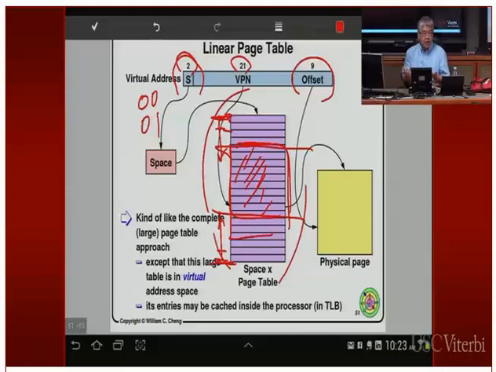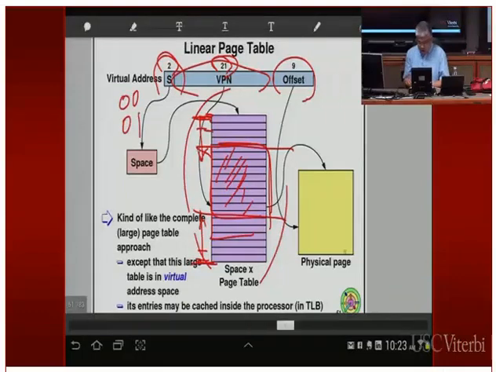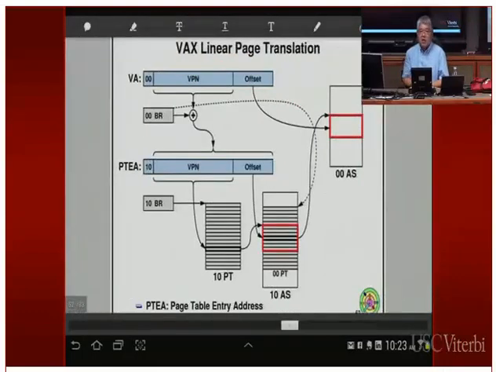Okay, so in that case, you will use only a few entries over here. All right, so even though in this picture it looks like there's going to be 2 to the 21, which is 2 million entries, in reality it's much, much smaller. Okay? The textbook used this picture to describe what kind of translation needs to be done. But the basic idea is that after you do the first translation, you get a virtual address, which you have to do another translation. Okay?